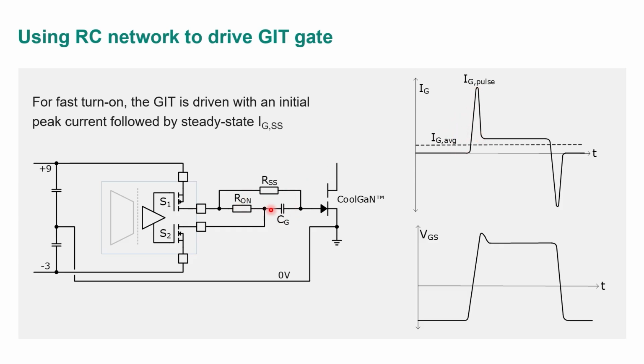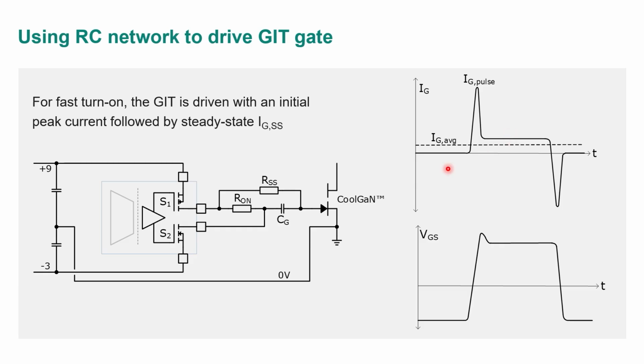Once this settles out, the time constant of that is like 30 nanoseconds. Then you are in the steady state region for the rest of the on period. And here you set this RSS value, by what's my VCC, what is this voltage, typically 3.5, and you then use Ohm's law to figure out what I need for RSS. And that sets the steady state current. And this, you'll see, is one of the common mistakes: to not have enough drive current. And I'll show you why in a little bit.